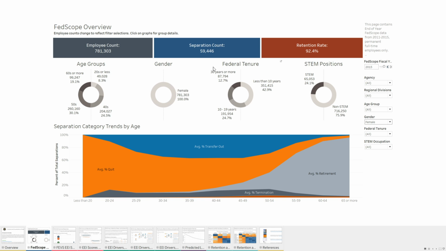So next is not quite as, that's here, by the way. It's weird using a laser pointer here. So next you might also see in this area, it's not quite as dramatic, but we do see an increase of women who quit or transfer out of the agency in their 30s. That probably has something to do with family planning. You might want to look into that as well.